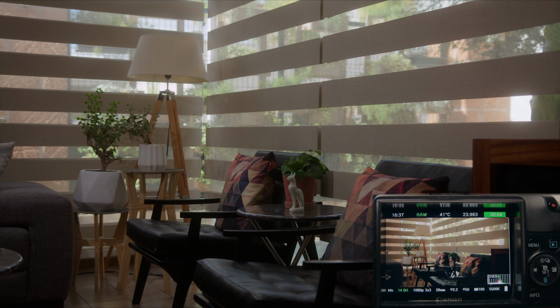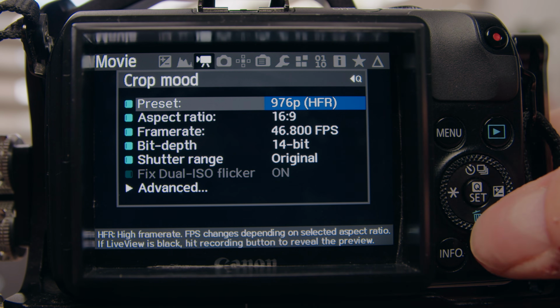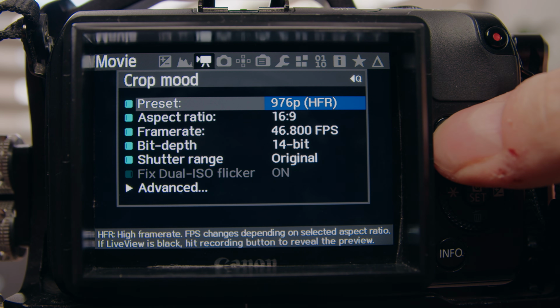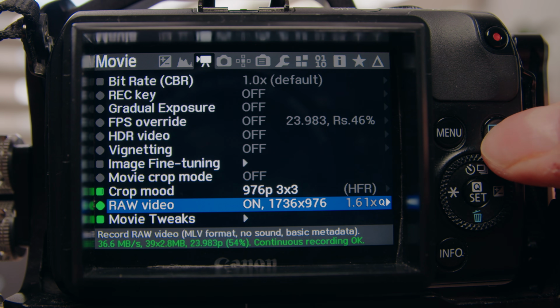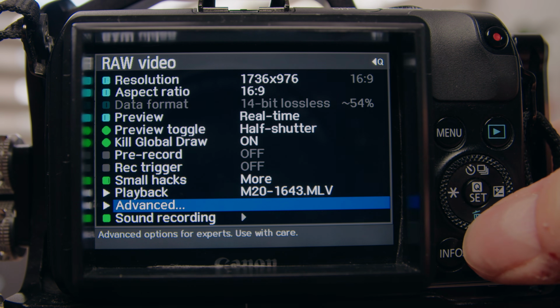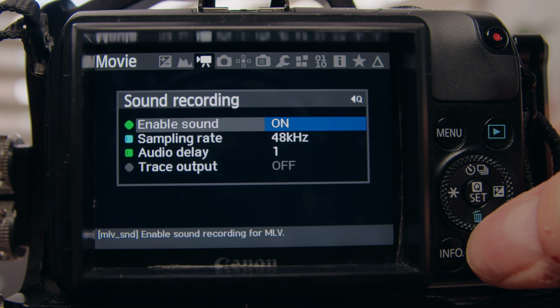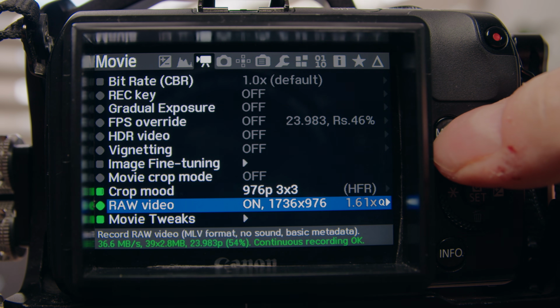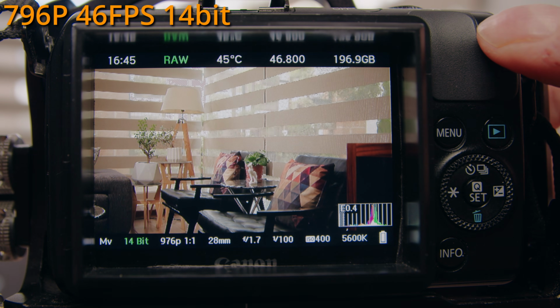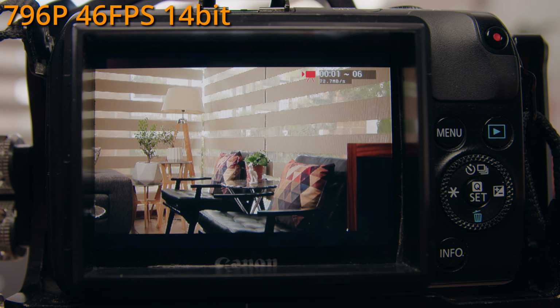Let's try now the 1:1 crop options, starting with the 16:9 46 frames per second 14-bit. In this case, I'll disable the sound recording. We get orange all the time.